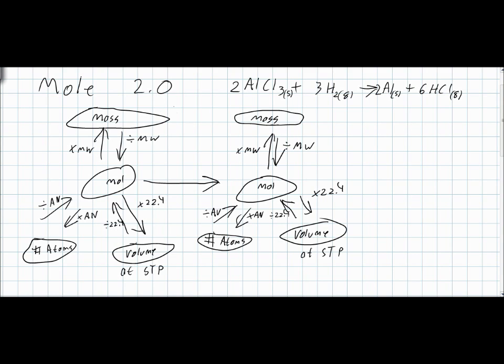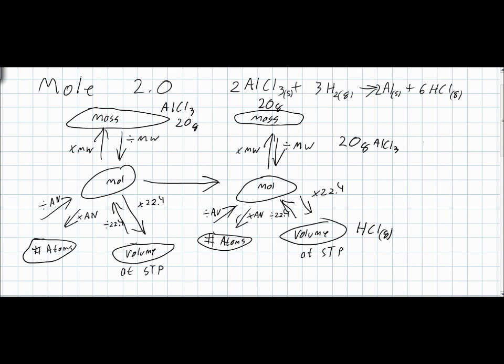So let's say that we start up here being the aluminum chloride, and we have 20 grams, and I want to know how many liters of hydrochloride gas are formed. So we have 20 grams. Now, to start off, we have the 20 grams of aluminum chloride,